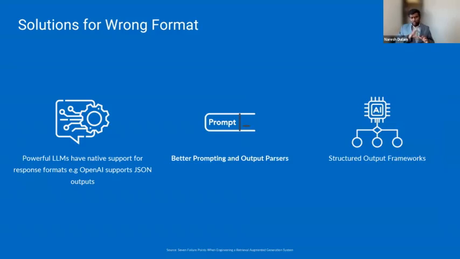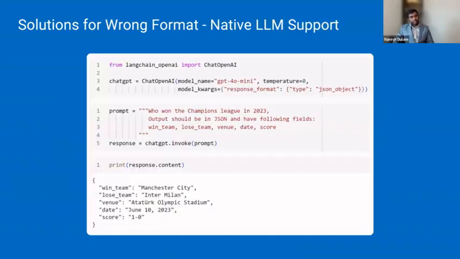So the solution for this wrong format, the first one is a no-brainer: use powerful LLMs like OpenAI or Gemini to generate a response in the format that you wanted. There are also better prompting and output parsers available, which you can use. And there is a set of structured output frameworks that we can also use for generating the response in the way we wanted. Here is a quick example where we are using OpenAI GPT-4 mini,